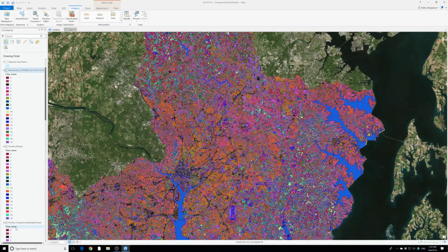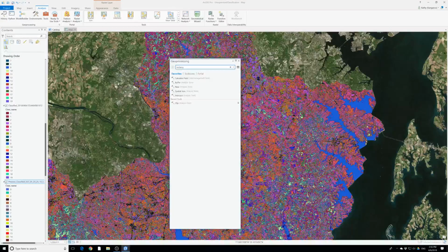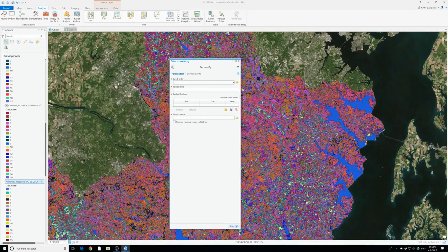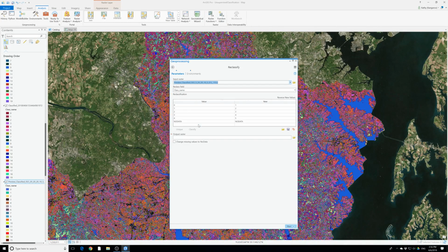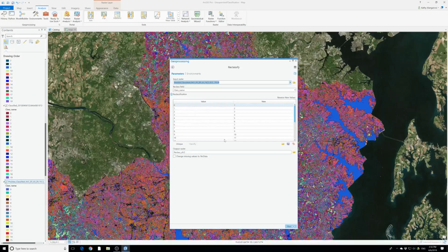So now what we have to do is the preview unsupervised ISO. So I guess it will be this one. This one. So I'm gonna go back to our classification. So go to Tools, Classify. Okay, Classify, Spatial Analysis Tools. So the raster, it will be the layer Preview Classified ISO. Not this one. Preview Classified ISO. This one. Yeah, this is the one that has the 20. Okay, so now I'm gonna